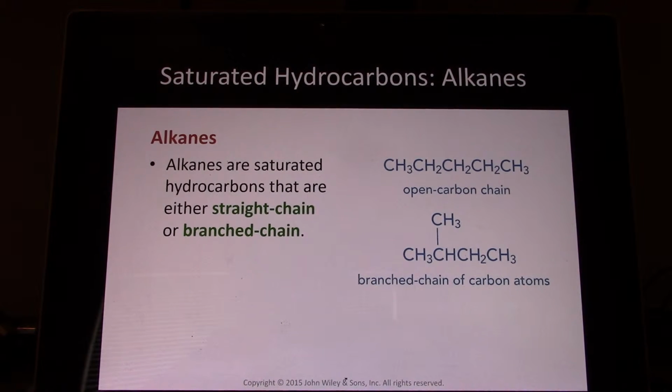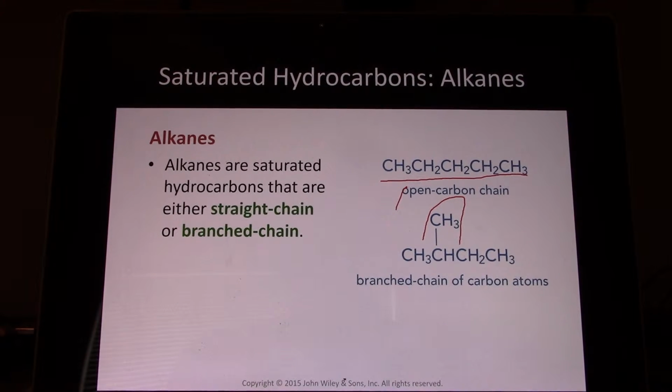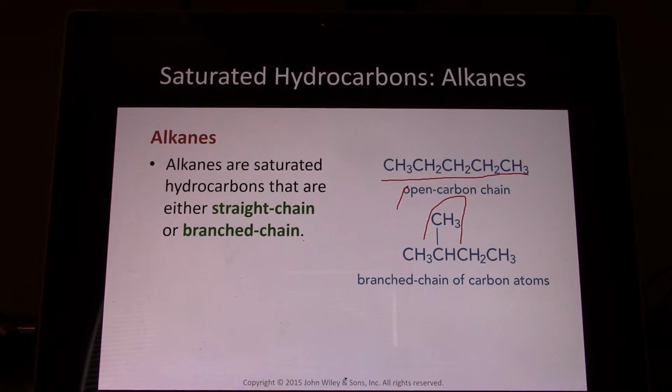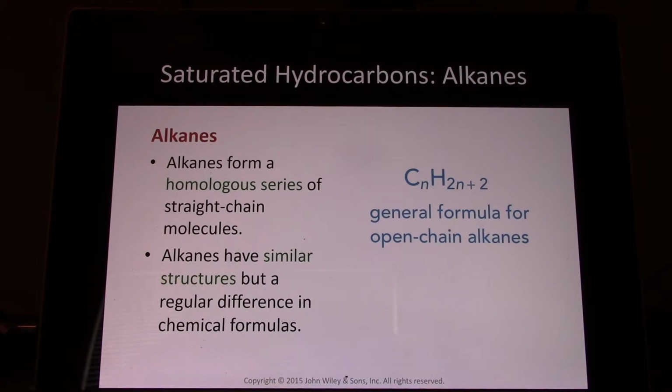Alkanes, again, are saturated. They are straight chain. They can be branched, meaning here we have a branched. Straight chain is completely linear, so just in a single file line. It can be branched. Things can branch off, definitely. But to be an alkane, only single bonds, completely saturated. And the general formula is CnH2n+2.